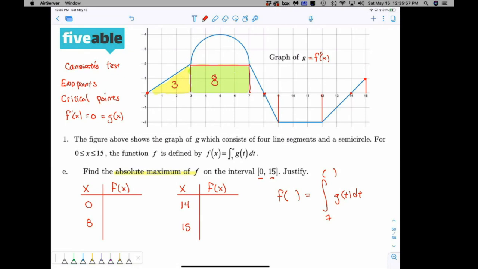The next thing we're going to look at is that semicircle up there. And that semicircle is half of pi r squared. So I'm going to compute half of pi r squared for that. And when I do that,